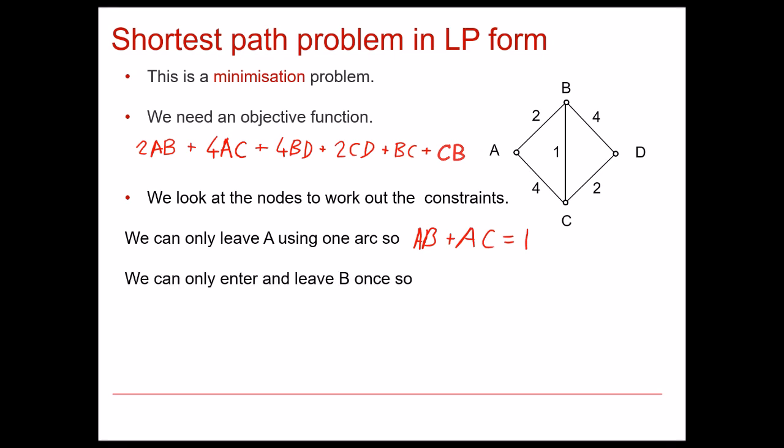Alright, then if we turn our attention to node B, well, we can only enter and leave B once. So if we enter B along one arc, we're going to leave B via another arc. Now, the possible arcs through which we could enter B are going to be AB and CB. So the first thing we'll do is we'll write down each of those. So that's AB plus CB. So one of those things will be 1, the other one will be 0. And then when we leave, we'll be leaving either by BD, and if we do, then that will have a value of 1. So if I subtract that,